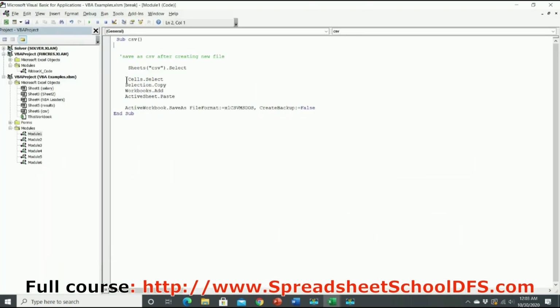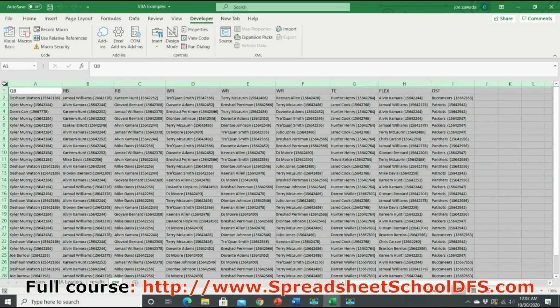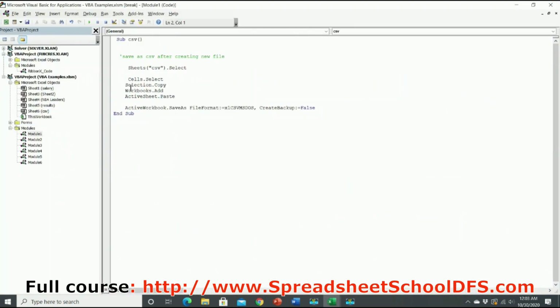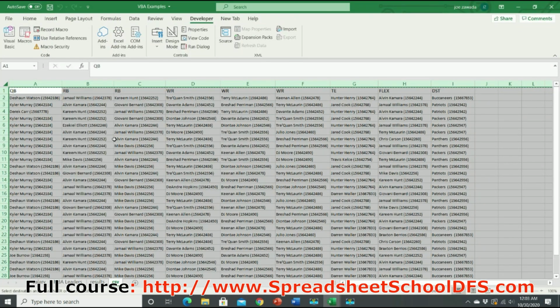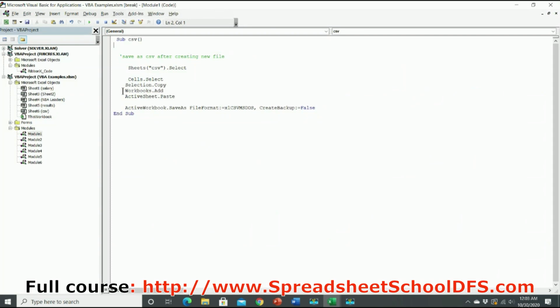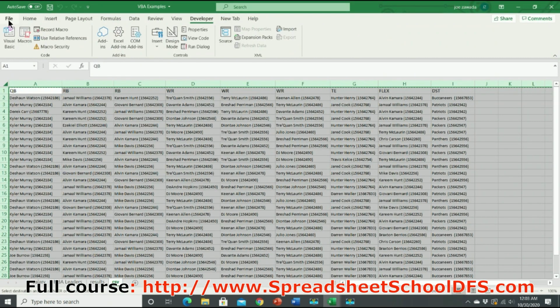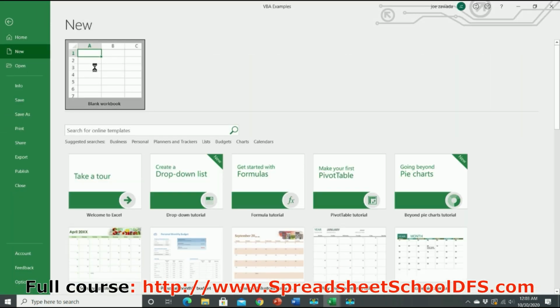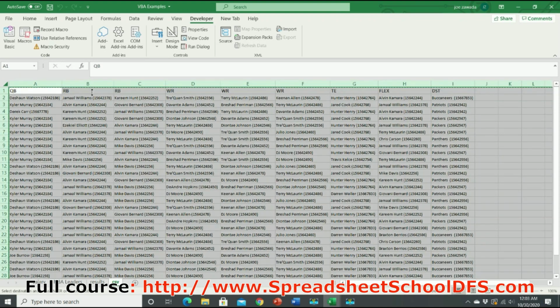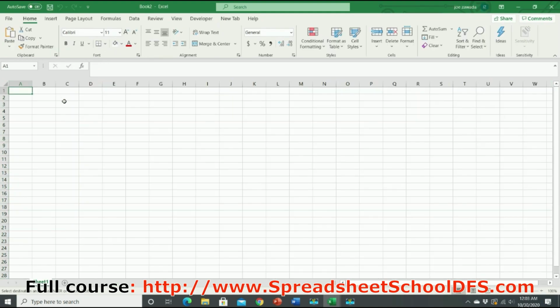And then what it's going to do is Cells.Select. It's going to select everything. And whatever that selection is, it's going to copy it. So pretty much going there, right, doing copy. And then it's Workbooks.Add. So that's going to just add a new workbook. So it's going to go to File, New, just a blank workbook. All it's doing is creating a new workbook here. And then the next code,